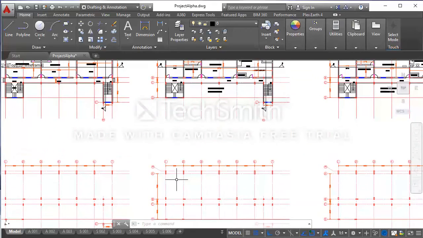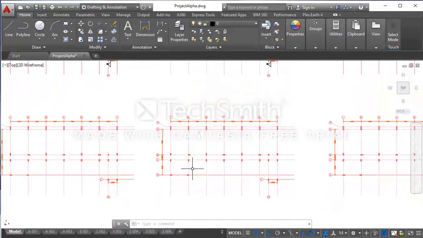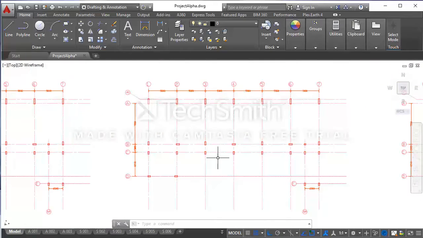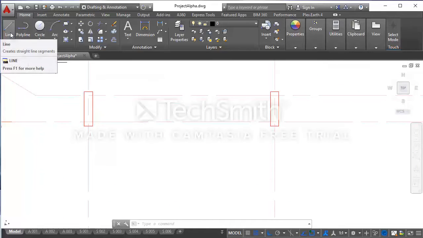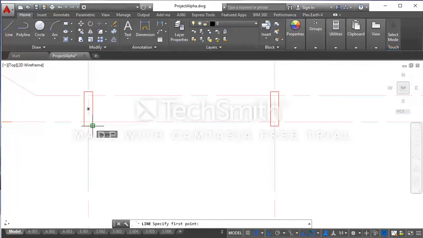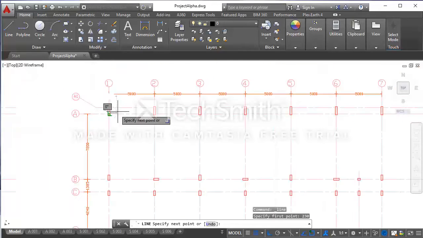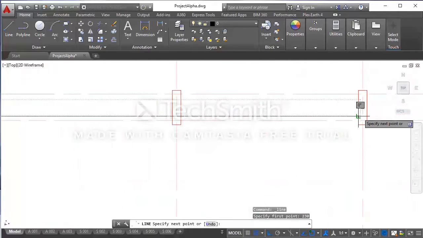So I will draw the perimeter of the column on my first floor general element drawing, which consists of the structural grid and the structural columns or wall. So I will zoom to grid line A and use my line command. I will put my cursor here and use the extension command to start my line command at 230 from the inner face of the column. I will draw a line and I'll make sure it's perpendicular to the face of the column.